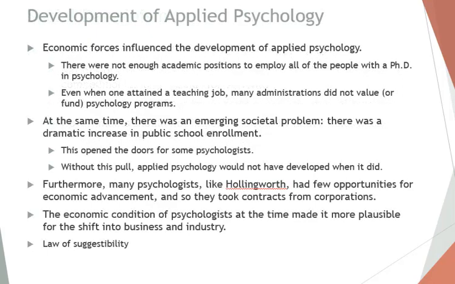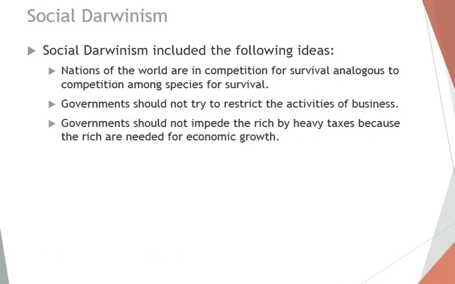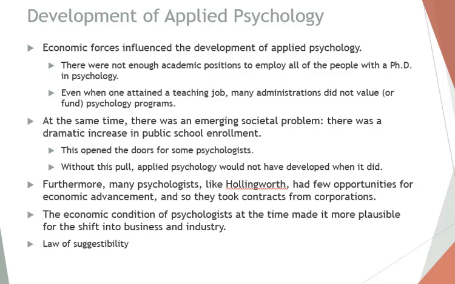Okay, that brings us to the development of applied psychology, which of course was really a natural outgrowth of both social Darwinism and the development by Dewey on the Titchener basis, so to speak, that we just discussed. Okay, so in terms of development of applied psychology, there was this idea that it kind of was slowed down because of the